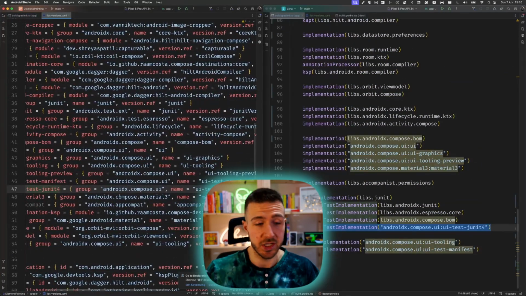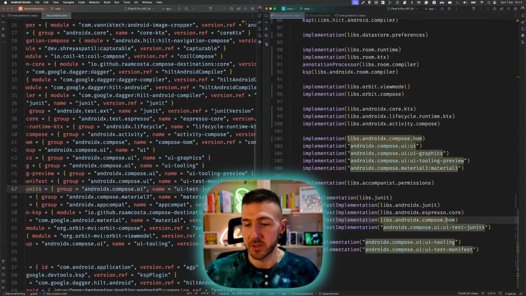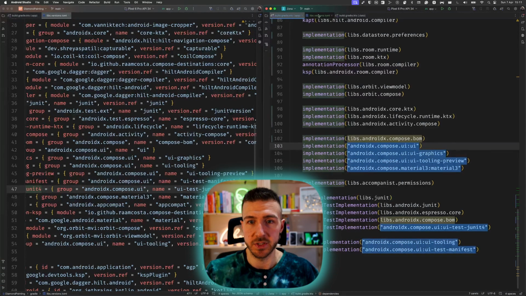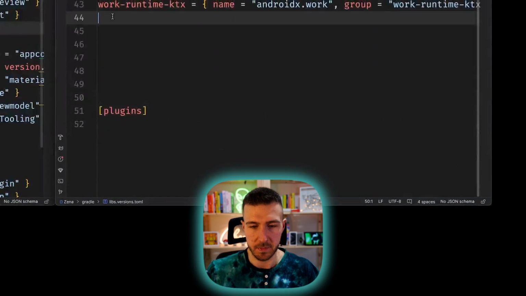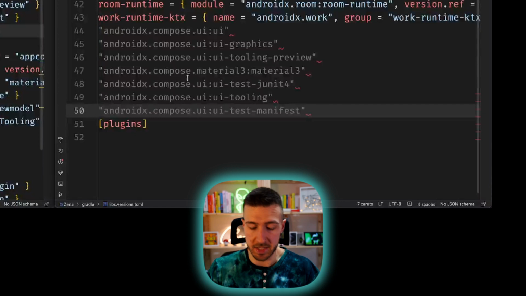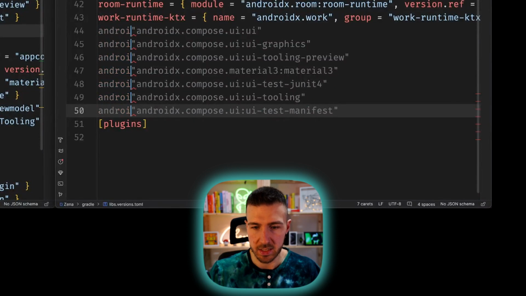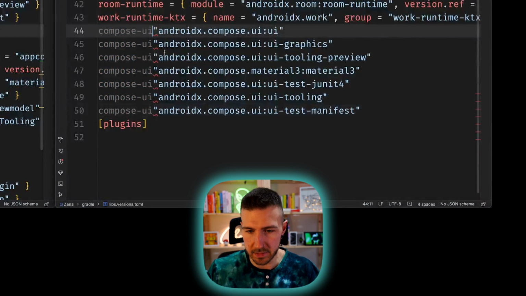So let's go ahead and see how it is implemented. The only thing that changes is that there is no version defined. So it's not a big deal. We can do it ourselves. So let's go ahead and do it. Let's copy those versions here in the catalog files, and now let's give them a name. So they will be, well, let's omit the Android X. Let's go with compose UI, and then the second one,